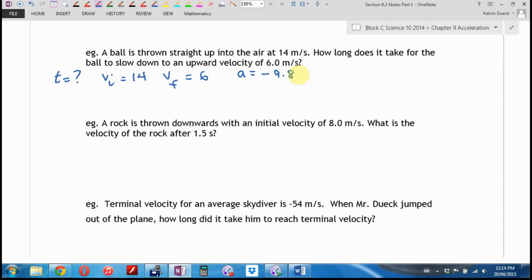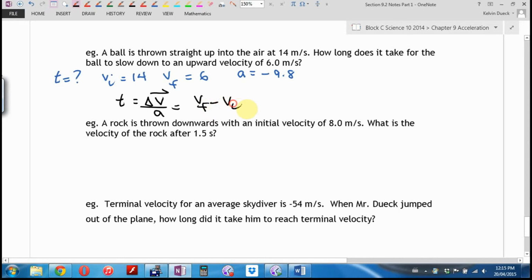Please tell me there's an equation that has t by itself. What's the equation that has t by itself? I don't think it's v divided by... sorry, say that again? Okay. Here's what Taylor said. Don't write this down. Well, okay, we'll write this down. Which change in velocity am I going to use? How do you know? Yes, I told you to draw arrows, but how do you know from the data? Look at what they gave me. Okay? So it's going to be v final minus v initial over the acceleration, and I'll be fussy and put